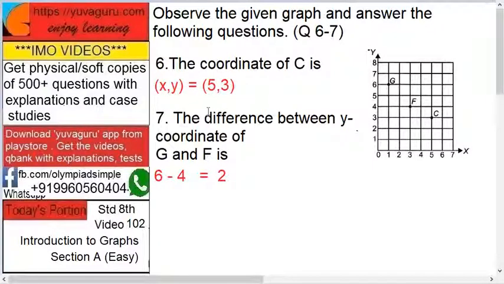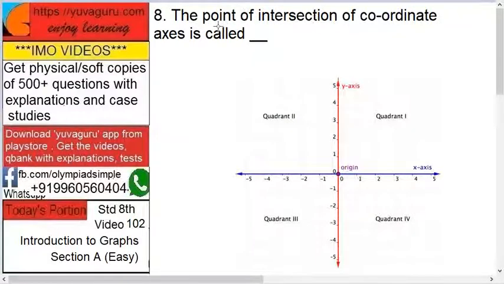That's the answer. Next, the difference between the y coordinate of G and F is. Now G and F. What is the y coordinate of G? 6. What is the y coordinate of F? 4. So 6 minus 4, 2. 2 is the answer. Next, the point of intersection of coordinate axis is called as, here coordinate axis means x